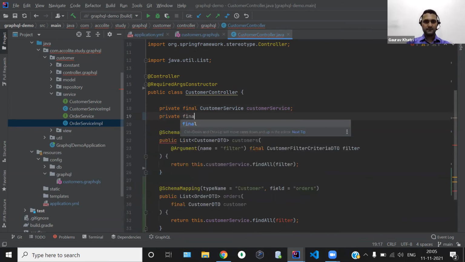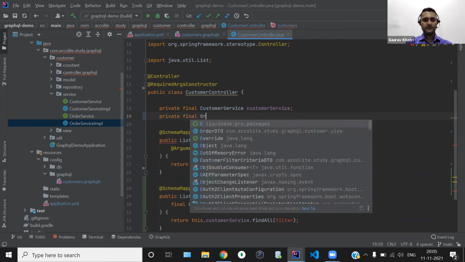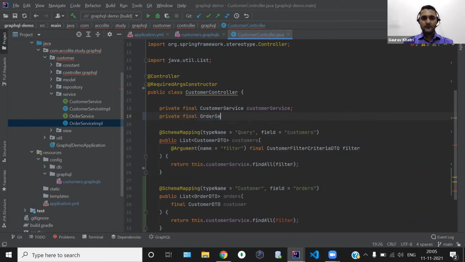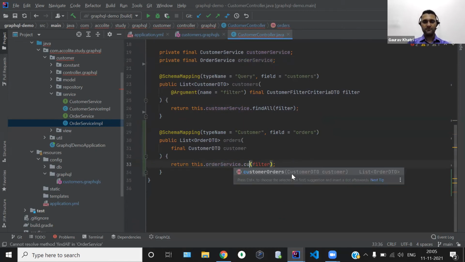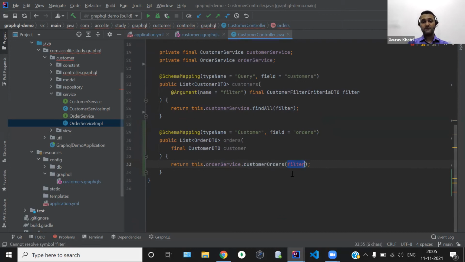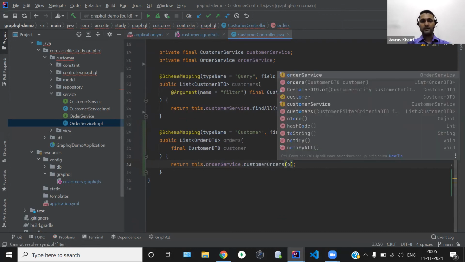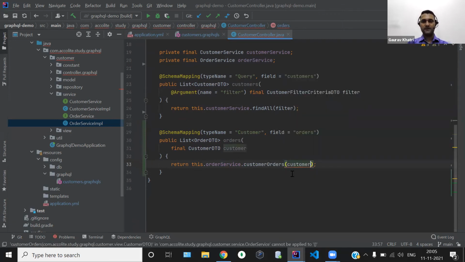So let's inject that particular order service. Okay, so we have injected the order service, and we will consume it to return the orders for a particular customer. We have a method called customer orders, and we will provide the customer as a parameter.